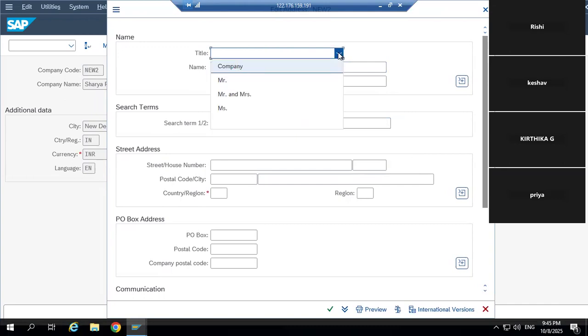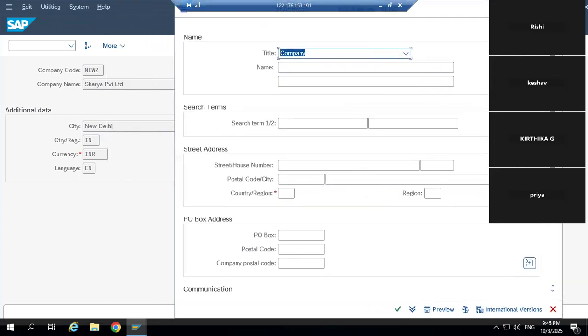three, four options. Okay, it means you can create a company by any name as per chart. Any name, Mr. means any person's name, or Mr. and Mrs. any married lady's name, or MS means Miss, any unmarried lady's name. So by any name you can create your company, by your name or your family member's name, your friend's name, any of your choice. Okay. So I will give the same name because I am now creating the details of the company.